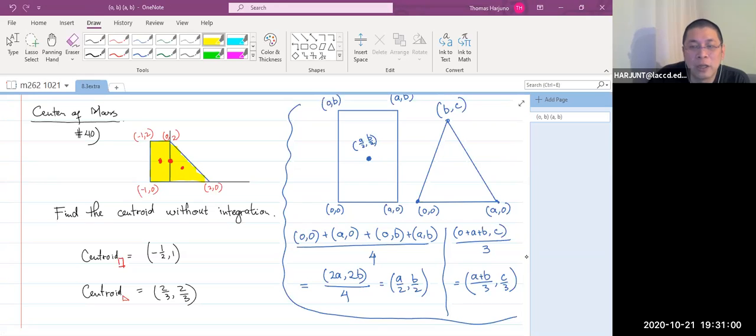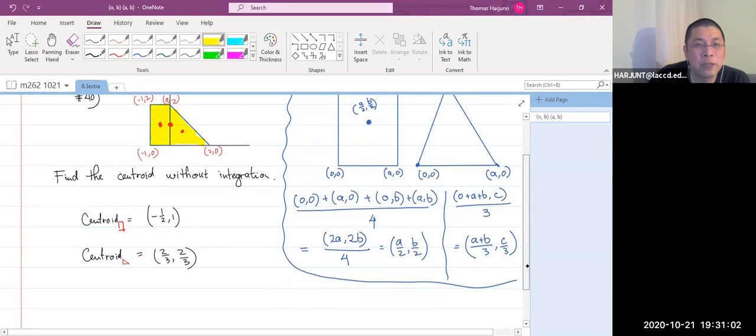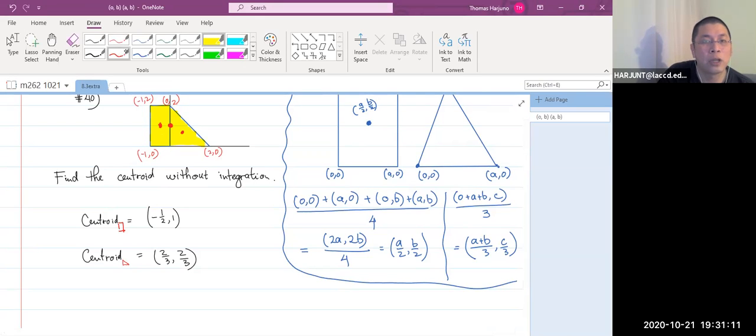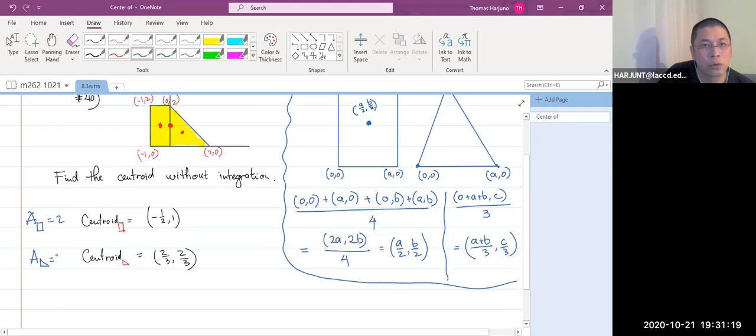Well, anyway, then we will get the average of this. The average together with the area though. Okay, the average together with the area. So the area for that rectangle is 2. The area for that triangle is also 2. You see, right? Okay, so the total centroid